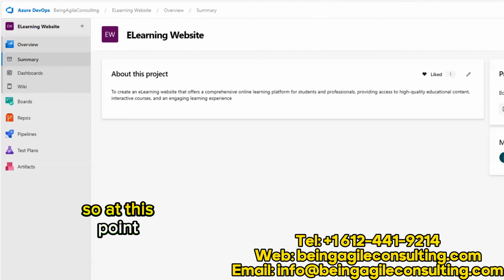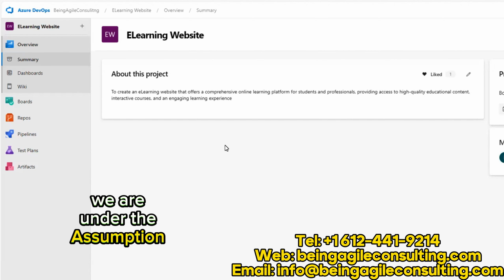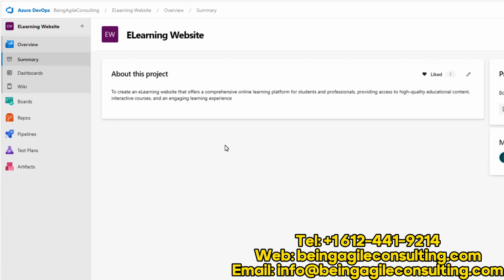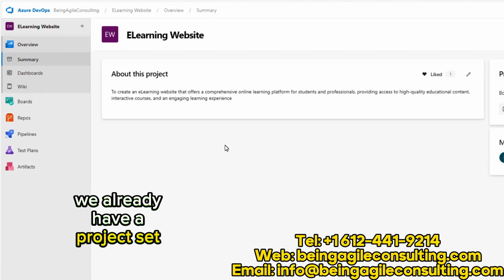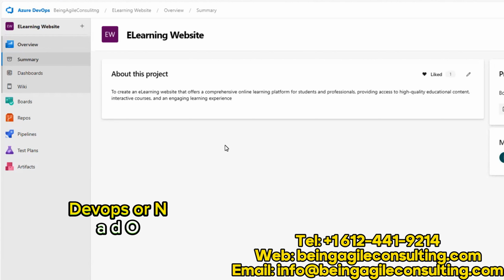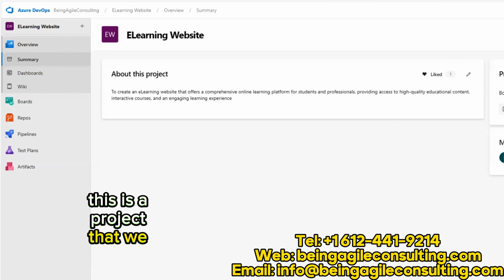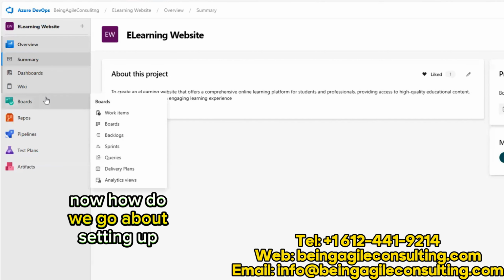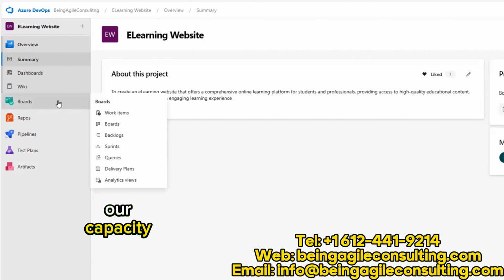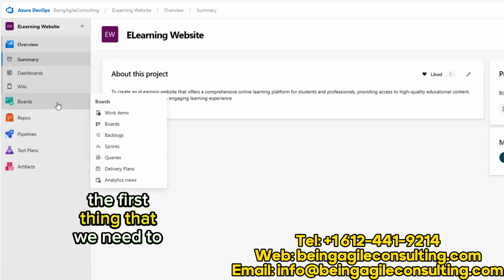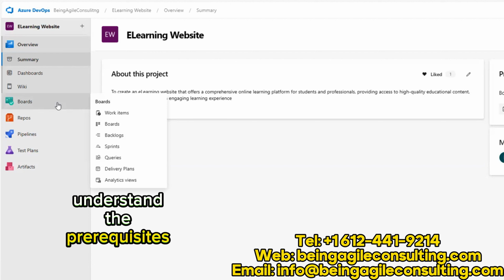So at this point, we are under the assumption that we already have a project set up in Azure DevOps or ADO. This is a project that we will be working on, the eLearn website project. So the project already exists. Now, how do we go about setting up our capacity? Before we do that, the first thing that we need to do is to understand the prerequisites to be able